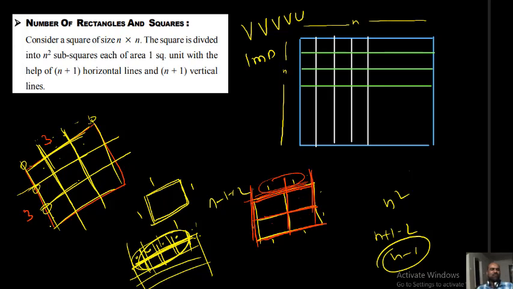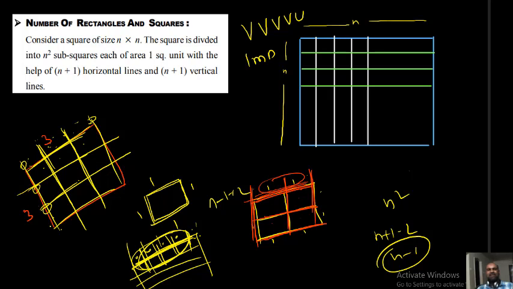Here how many? 4: 1, 2, 3, 4. 4 vertical lines, 4 horizontal lines gives 3 into 3 squares, 9 squares. Here 3 horizontal lines, 3 vertical lines gives 2 into 2 squares of side 1. Here what happened? This length is n, this length is n, means how many lines are involved, how many